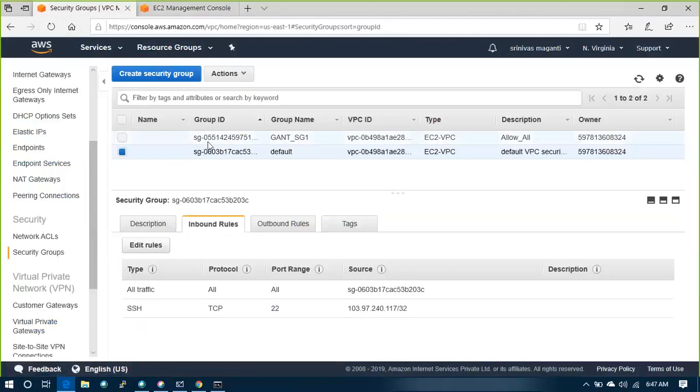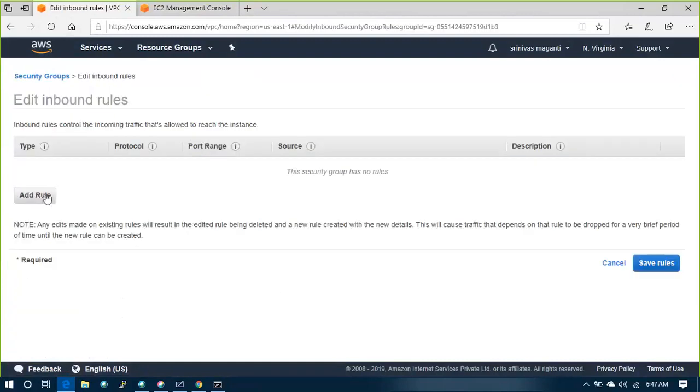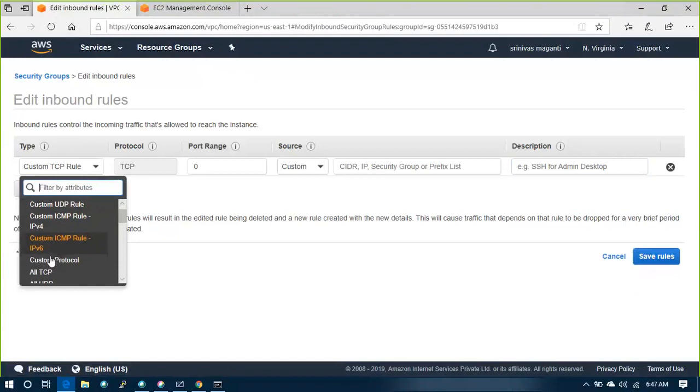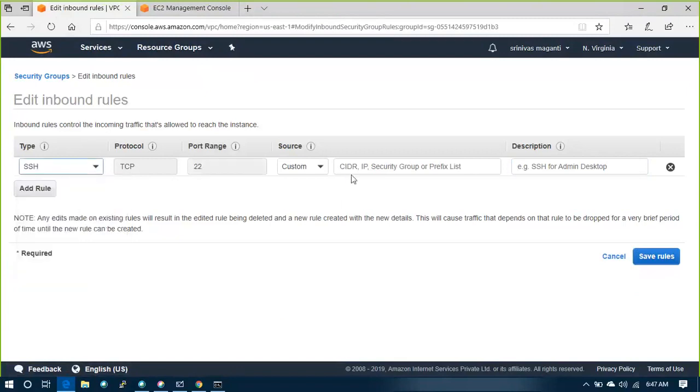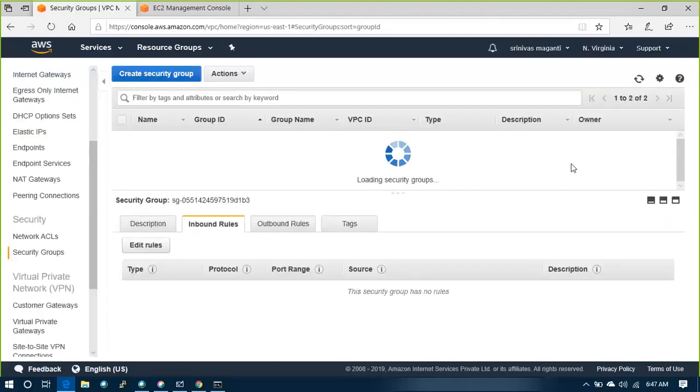Meanwhile, sorry, I have added the routes there, but what I will do is add the routes here, inbound rules, add, SSH, my IP, save the rules.